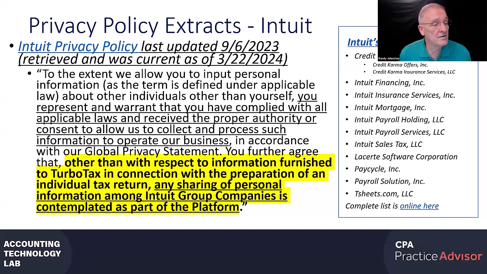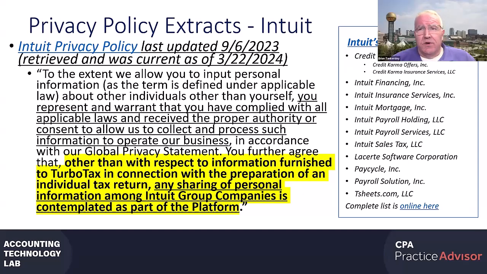And again, we're not kicking Intuit under the bus on this, but we are illustrating because so many of you use QuickBooks Online or Lacerte or ProSeries, and many of your downstream clients may be using simple products like TurboTax or Credit Karma. And all of a sudden, you may have a client coming at you saying, I got telemarketed and these people had a lot of my detailed information. And to my knowledge, you're the only CPA firm I've ever shared this with.